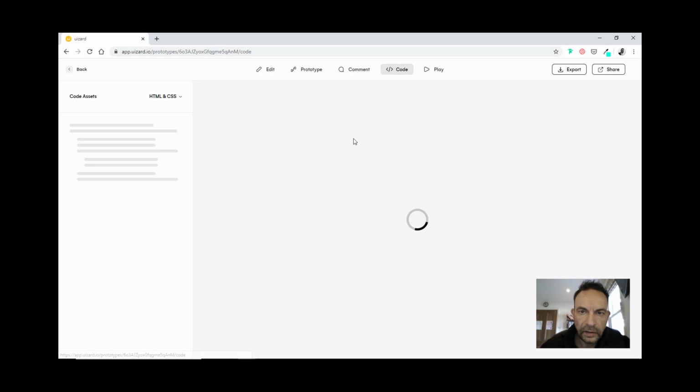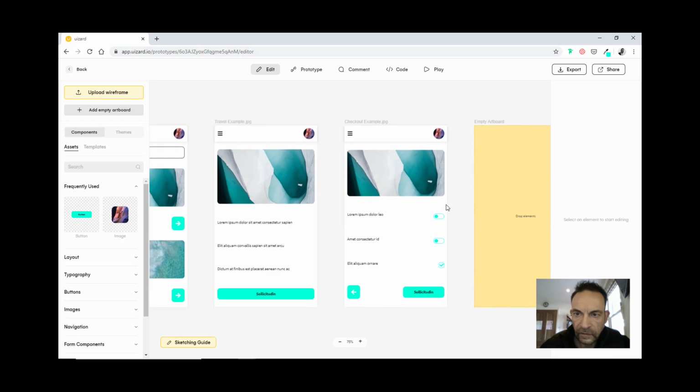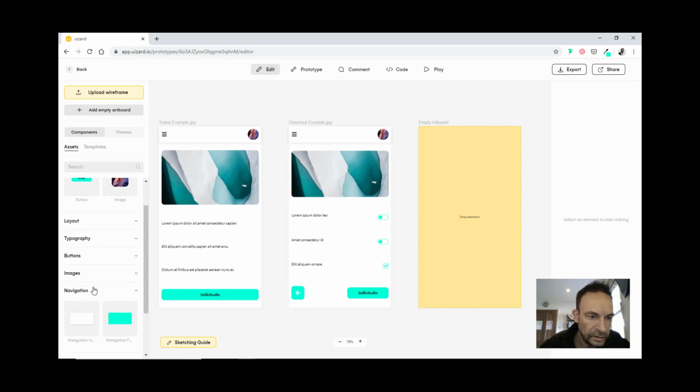Obviously you can go into the particular prototype and edit it after you've imported it, and you can add different components. In fact, you can actually create what they call an empty artboard. So if I come over here, I've just added an empty artboard, and now I can start to add various components into that. So if I come to, for example, navigation here,